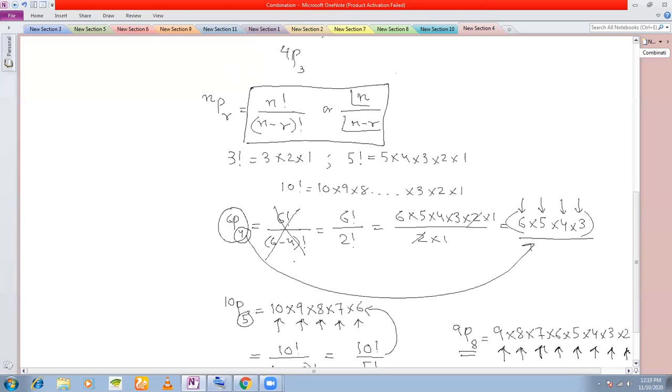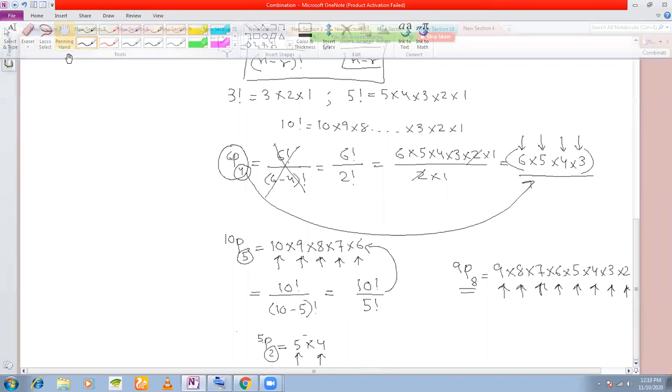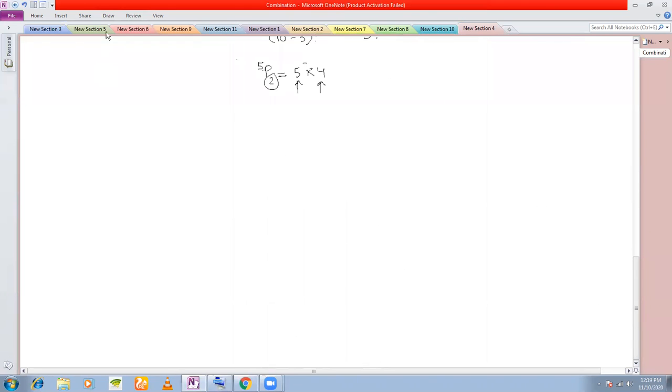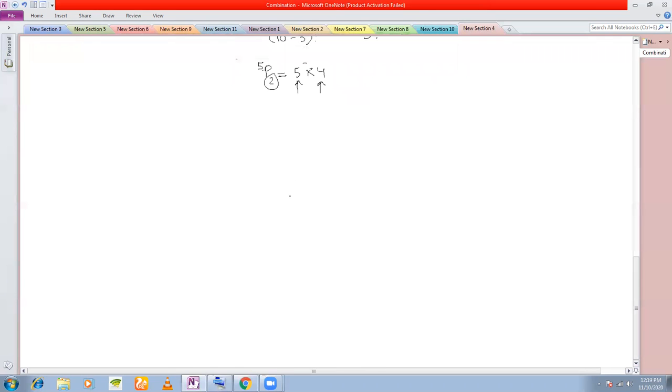Normally we use the shortcut for NPR when we are doing applied problems on permutations. Okay, so one very interesting observation with the factorial of a number is that 10 factorial is 10 into 9 into 8